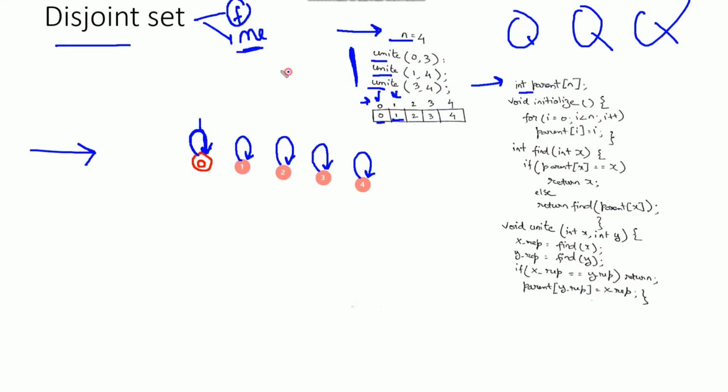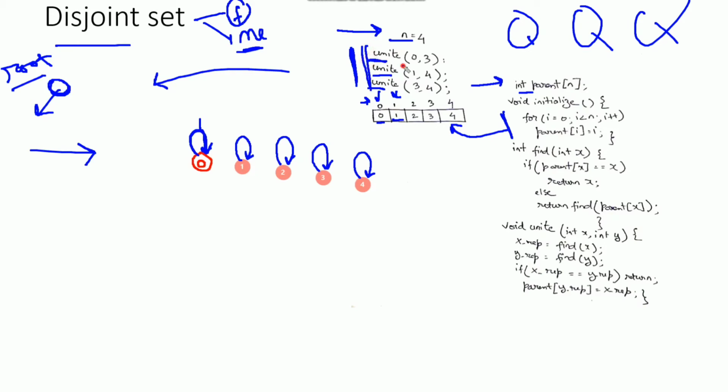So I'll be creating a tree where the root represents the representative of the group. Initially these are just a collection of trees where each single data represents itself, and a collection of trees is known as a forest. This for loop is used to initialize the values of the parent array. Next, I'm going to perform these three operations.